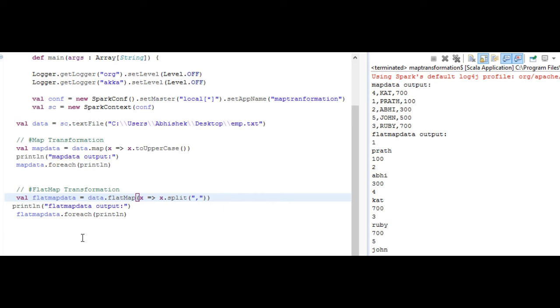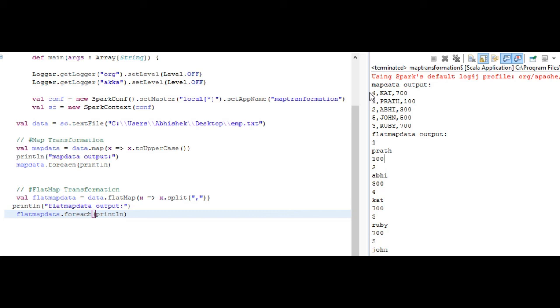So we are splitting it, then applying println and one action called foreach, and running this program. Now you see the flatMap data. For each delimiter, I'm getting a separate element. So for this one line, I got three elements: one, Parth and 100.